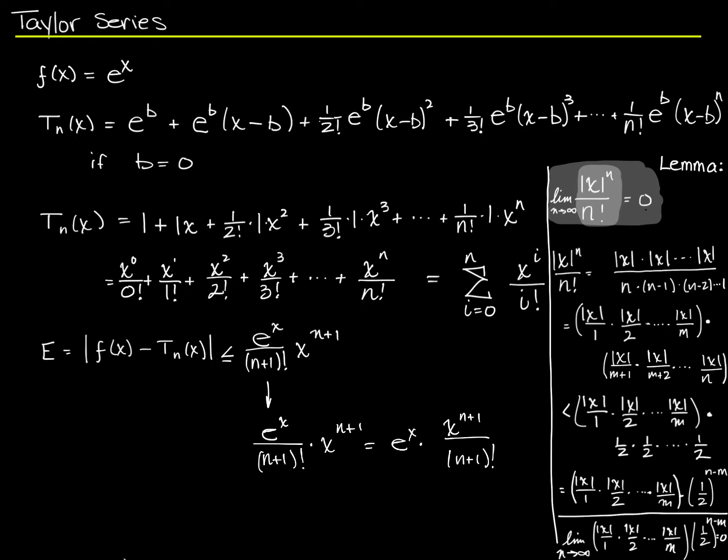And if it's true that the limit, not as x goes to, but as n goes to infinity, of x to the n over n factorial is equal to 0, then surely if I add one more,